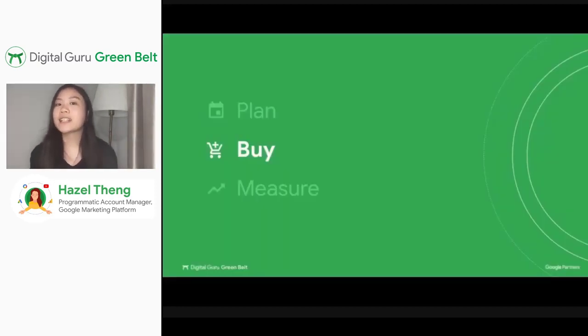With that, I believe that's a good segue for us to shift to the next part of the conversation around access. And that would be buying different kinds of inventory access through DV360. What are some of the best practices or tools that would be good for the teams to keep in mind when buying different inventory channels through DV360?